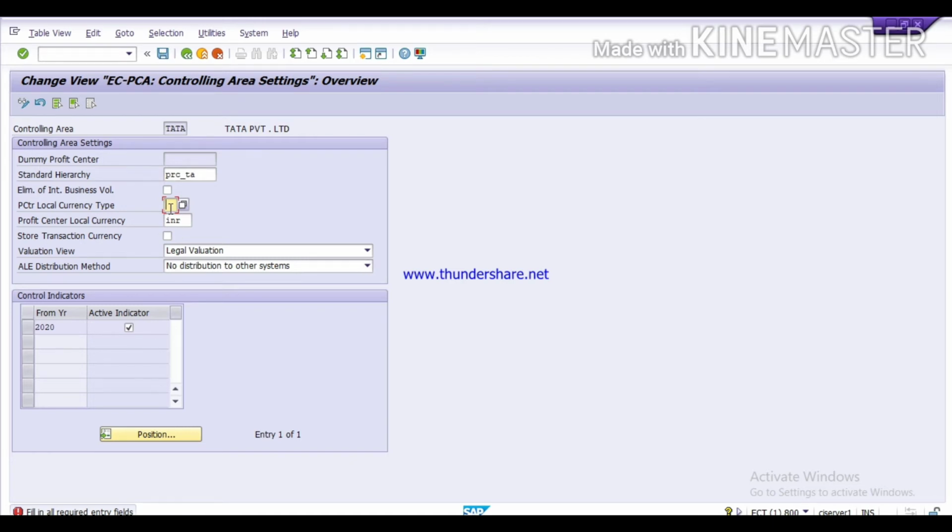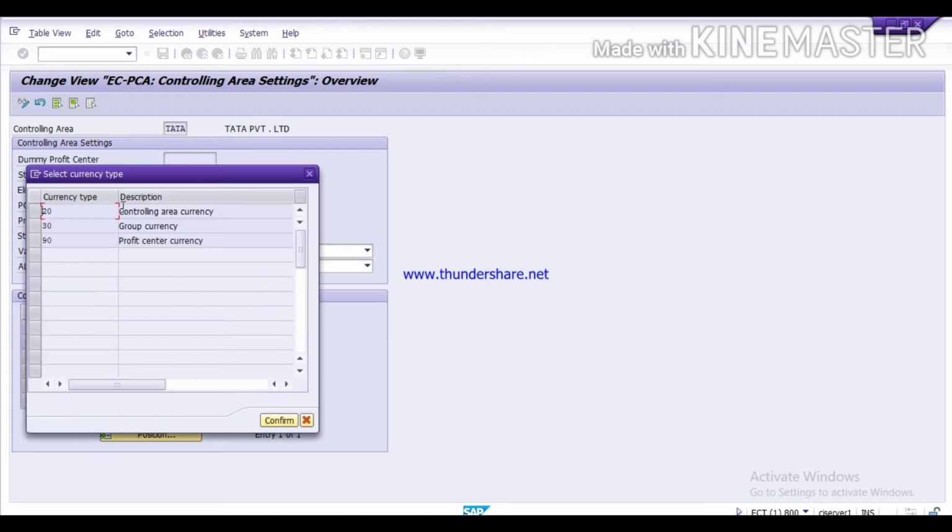And this one is also the profit center local currency type. You have to define it here. Press the F4 key and here you can see your currency types. Controlling area currency is the same, so I will select this.